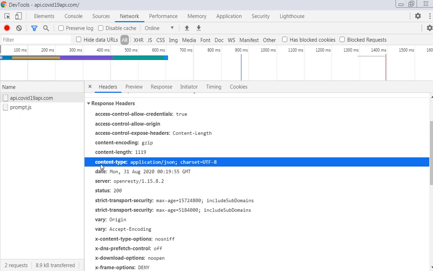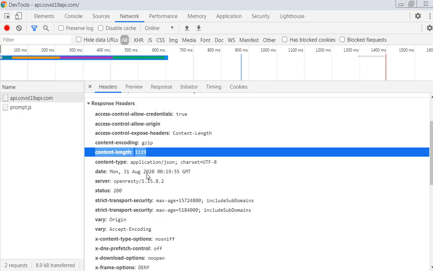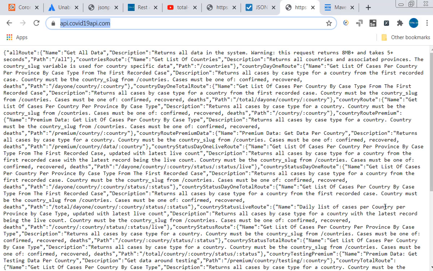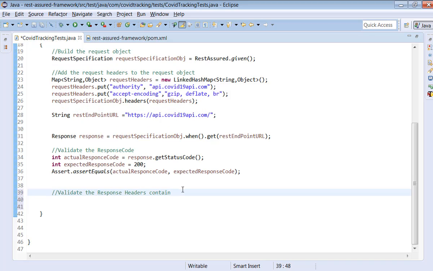What is the response header value you want to fetch? You can copy this response header value, the total value, or you can take anything like content encoding or content length. Let's take content length. So validate the response headers contain a content length of 1219. Now, how do we write logic for this?